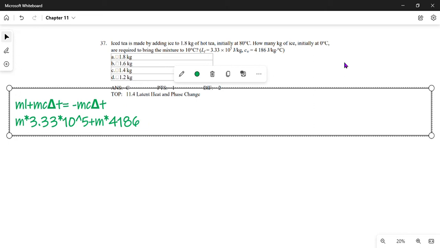You start at 0 and end with 10, so the change in temperature is 10, equals negative